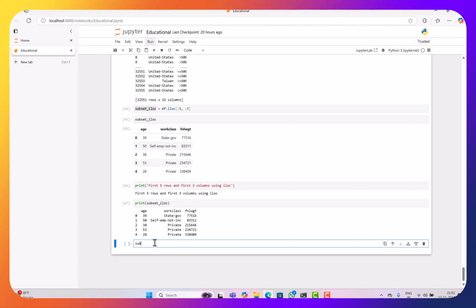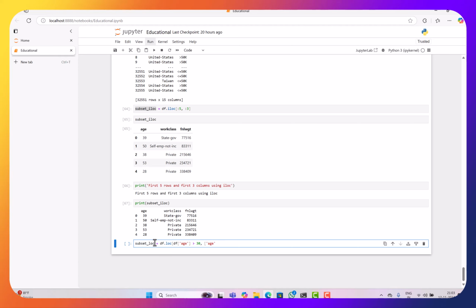So subset loc, which is equal to df dot loc, df, okay, we will be using age, and we'll be closing this bracket, then which is greater than 30. I want the age which is greater than 30, and